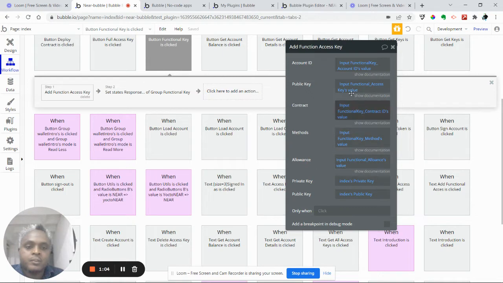All these are separate from the demo page, except for private key and public key, which we are getting from the custom states that we set when we generate or get the keys